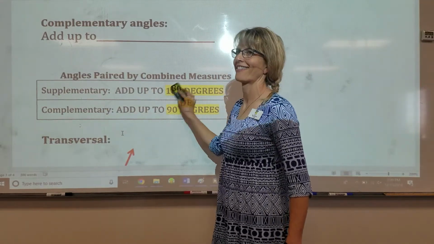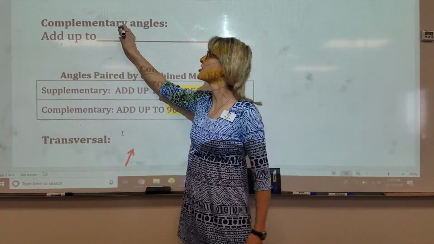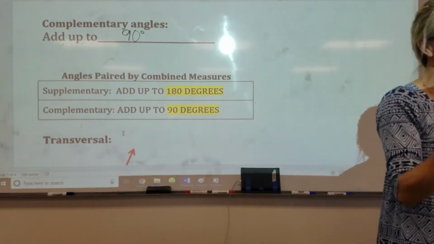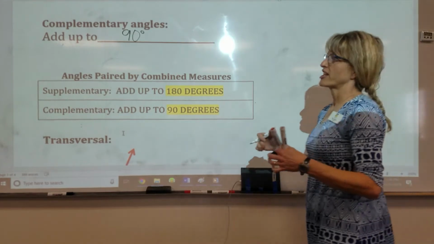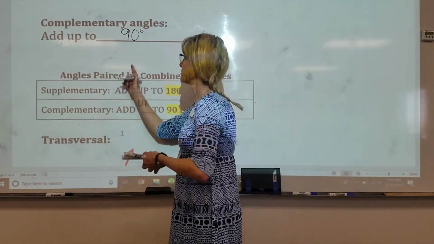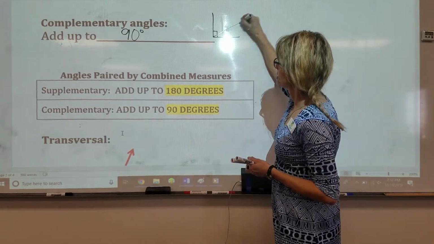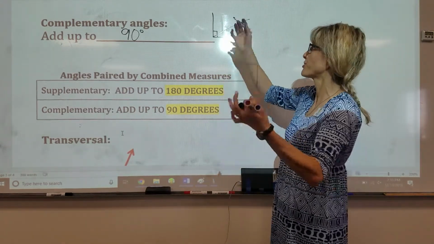Okay, complementary angles are angles that add up to 90 degrees. How many degrees is a complementary angle? Get ready? 90 degrees. I should say, how much do they add up to? 90 degrees. So if I had a 90-degree angle that was divided into two different angles, or three, and I